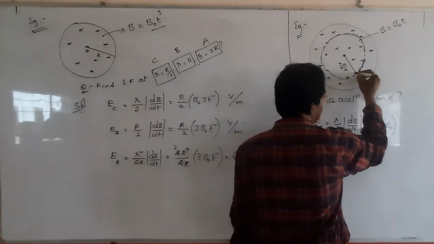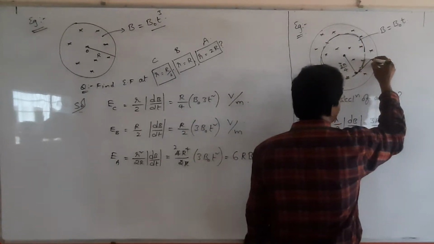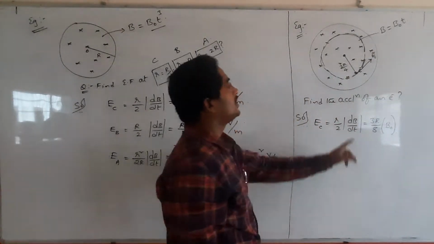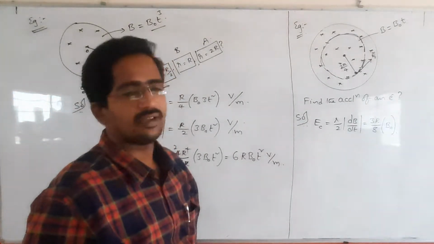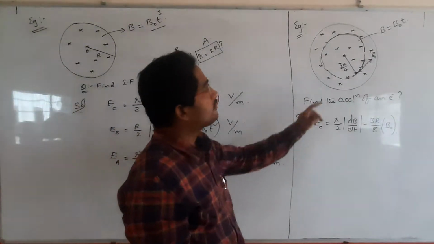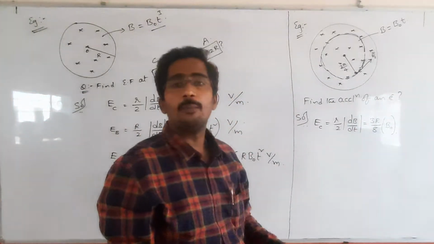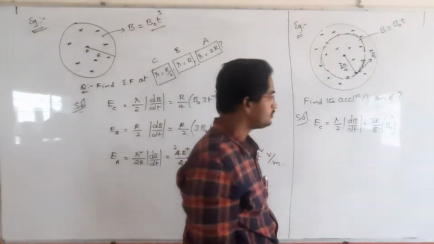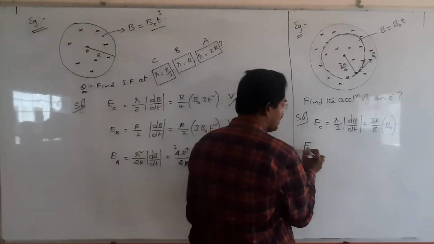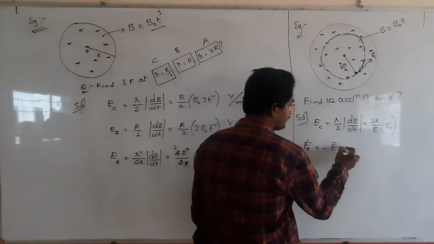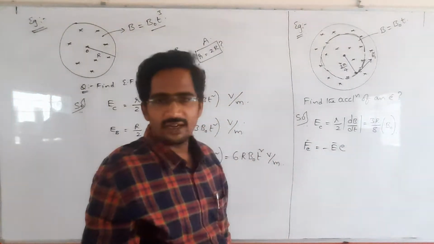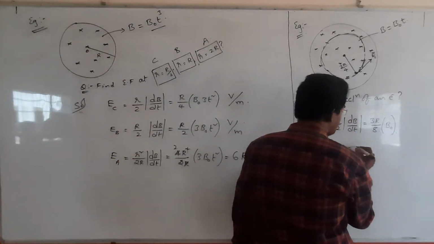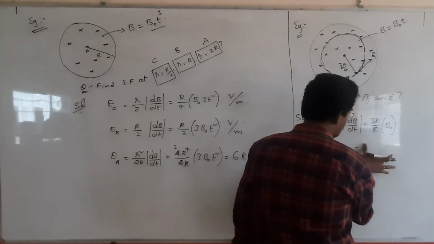Such that the electric field is acting tangentially in this way. Then what about the force direction on the electron? Opposite to the electric field, because the electron is a negative charge. By that, force on electron equal to minus eE. Already you studied well about it. What is the electric field intensity here? Minus 3R B naught by 8.